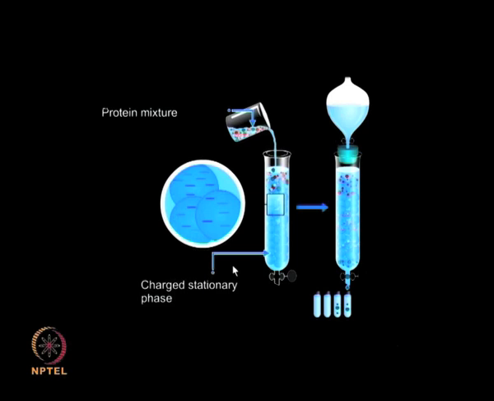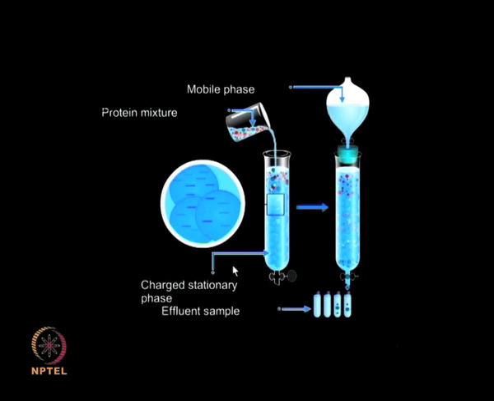The protein mixture, the unpurified protein mixture, which consists of proteins of different net charges, is loaded onto the column. The proteins having charges opposite to that of the stationary matrix will bind to it, while the remaining proteins will be eluted. Mobile phase: the proteins are eluted out of the column by using a suitable mobile phase, and then samples are collected in different sample fractions. The solution leaving the column can be collected in suitably sized fractions for further analysis.